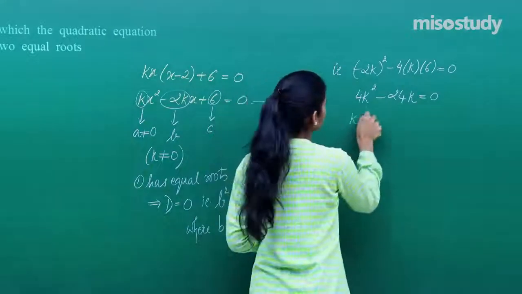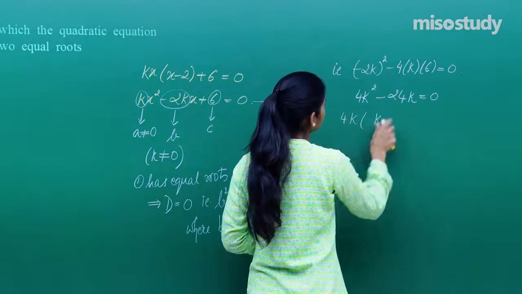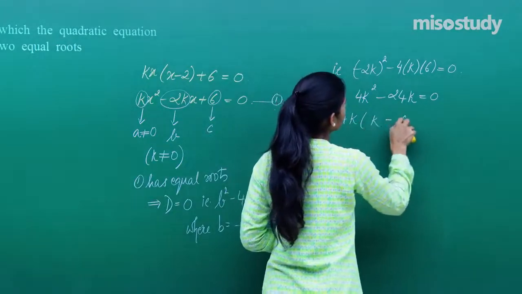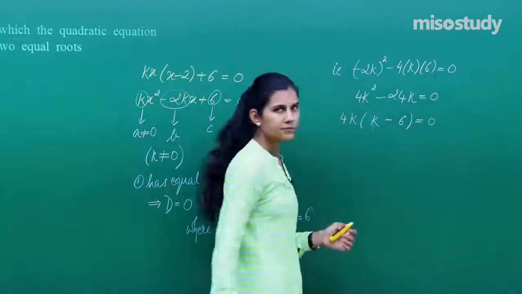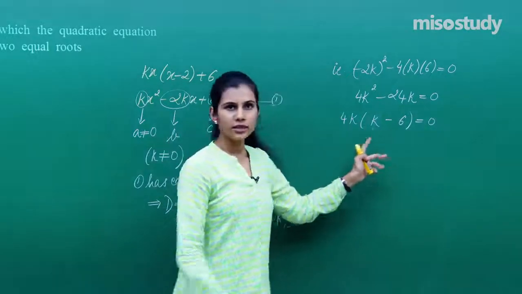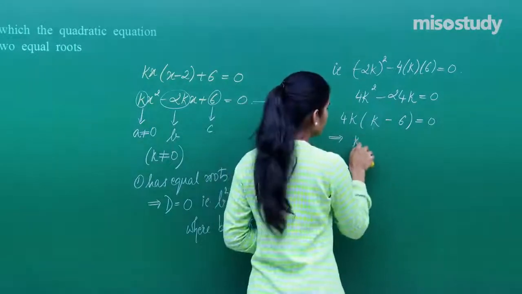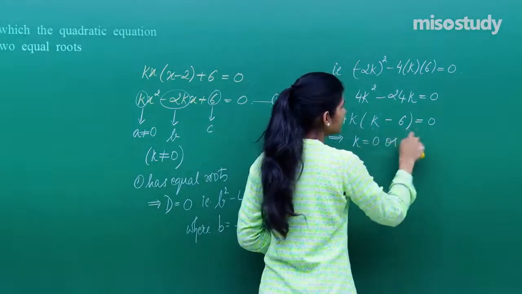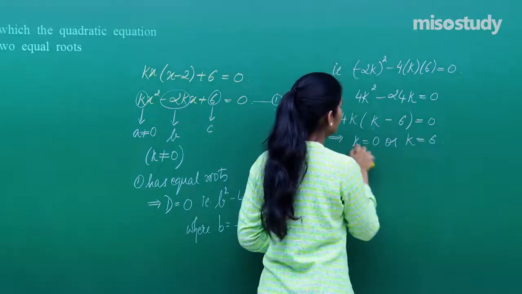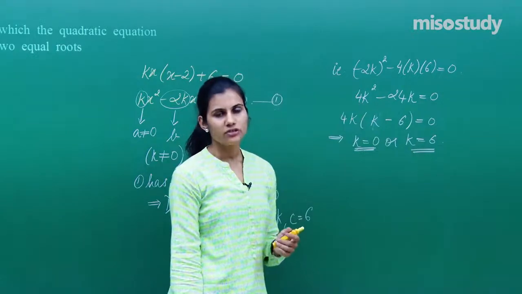This gives you, k comes out, let 4k come out. So you're left with k minus 6 is 0. Product of two things is 0, means either this is 0 or this is 0. 4k is 0 means k is 0, or k minus 6 is 0, that means k is 6. These are the two values of k that are coming up for the quadratic equation when it is known that